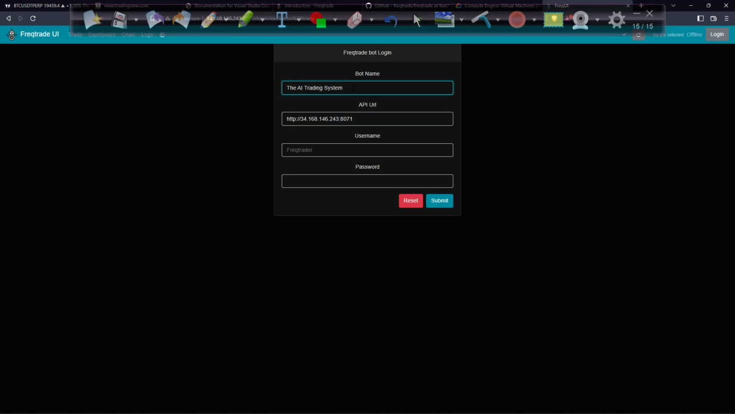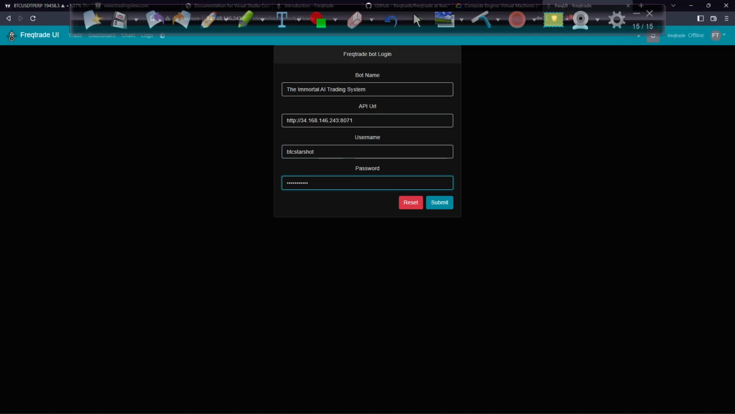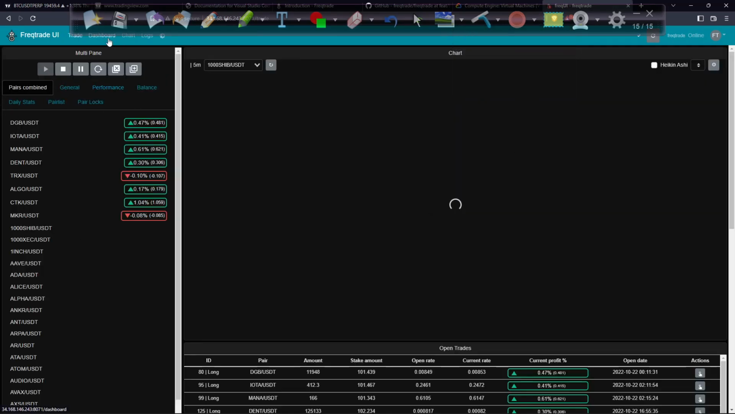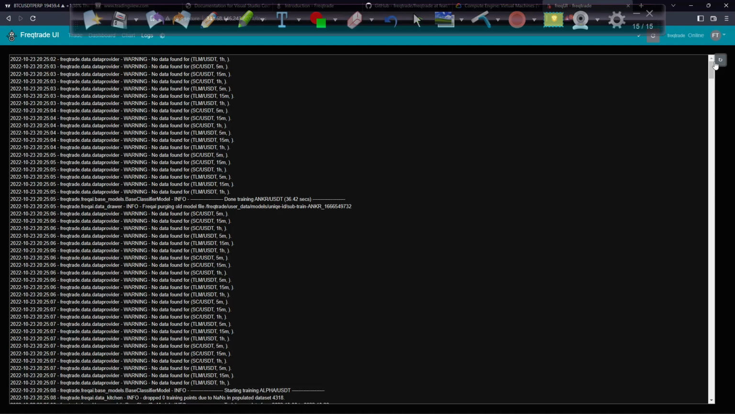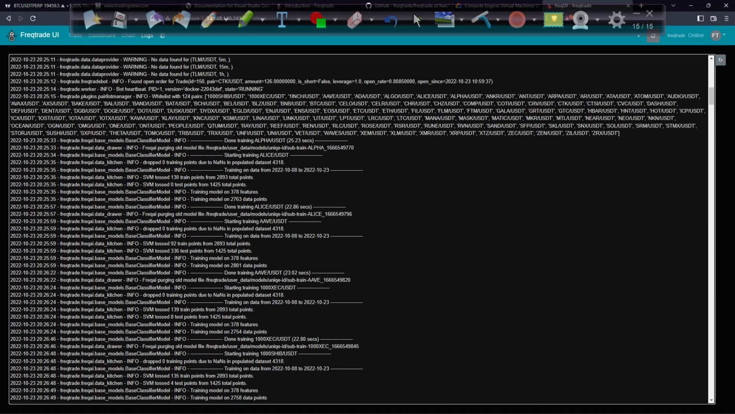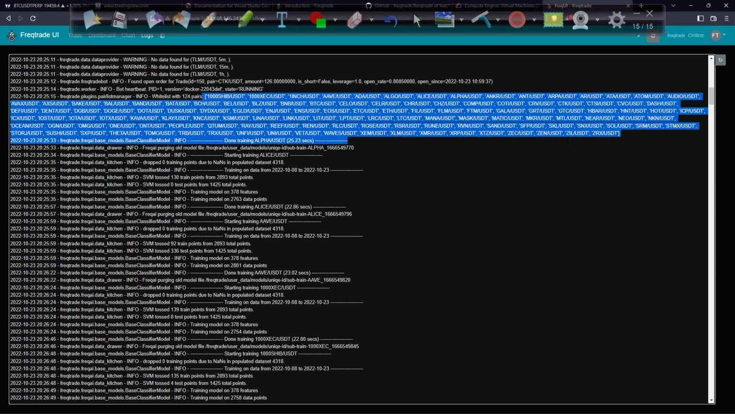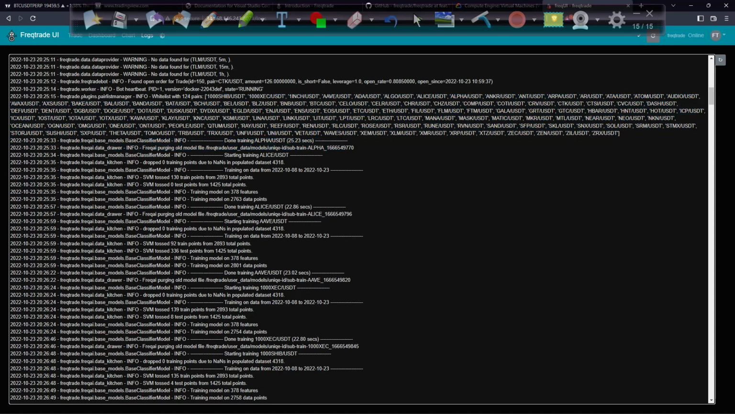Now let me enter the password here, and let's see. See here, it's running, and let me show you the log here. See, it actually gets the data and trains it. For ALPHA USDT it took